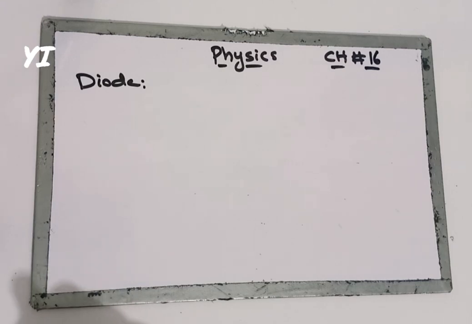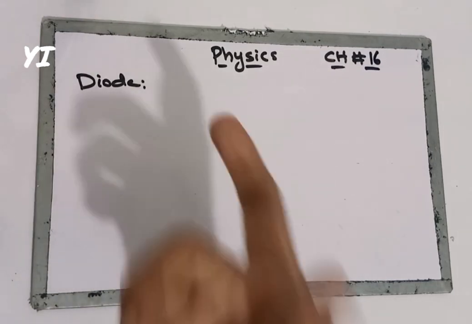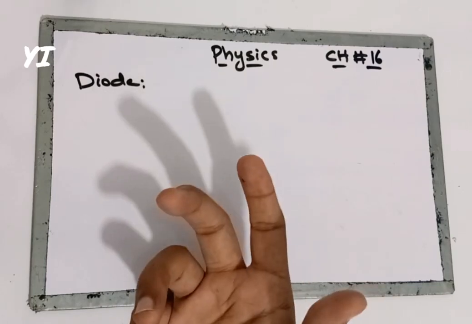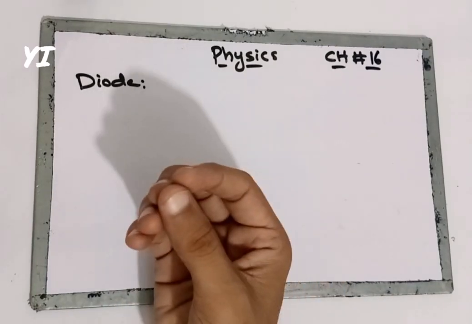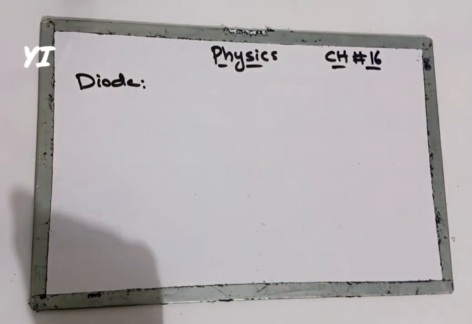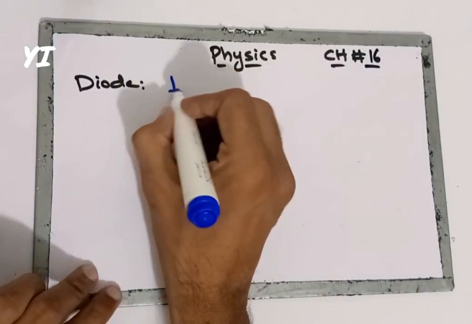Our today's topic is of chapter number 16 and it is diode. Basically students, we know about the diode that it is a two-terminal device that is formed by joining a p-type and n-type semiconductor materials. So we will write it is